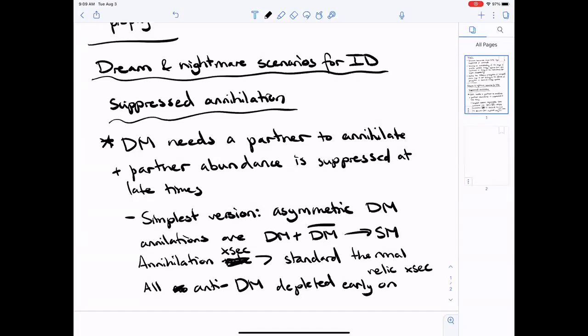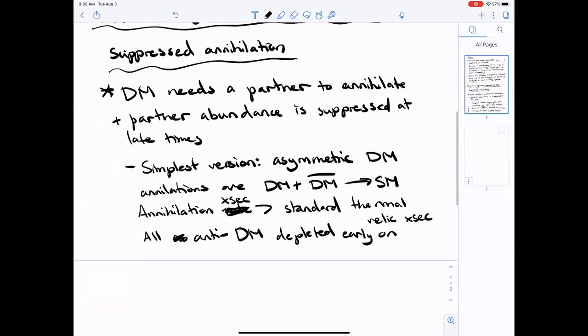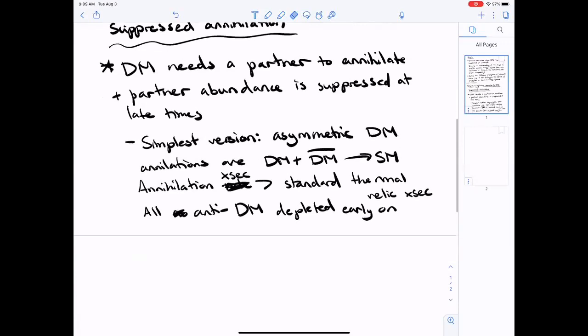So I don't know if you guys did the calculation for asymmetric dark matter last week, but it's a reasonably straightforward calculation. But what you find is because the anti-dark matter is annihilating against the dark matter component, which is much more abundant than the anti-dark matter, it annihilates really efficiently, and its abundance actually gets depleted in a way that is exponentially sensitive to the annihilation cross-section, not just linearly sensitive. So in that case, the amount of anti-dark matter can be very small in the late universe.